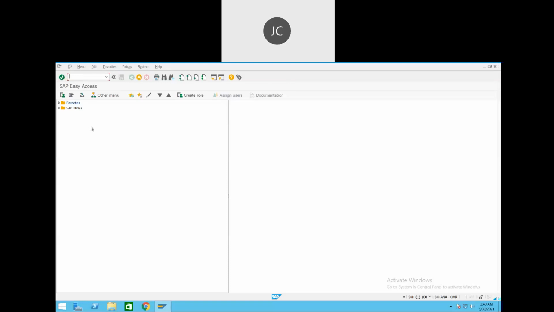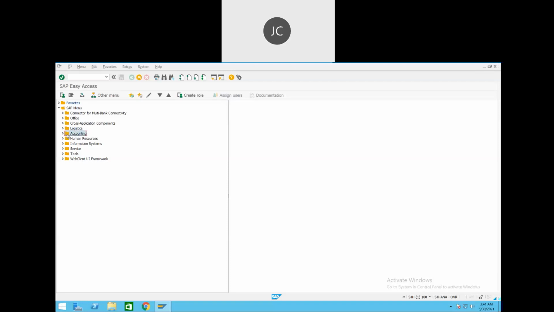Now let's talk about how to access a particular application as a user. As a user, let's say you want to enter a customer invoice. One way is we go to the SAP menu here. You can see so many nodes available as per our business, and the logistics information needed things are here.